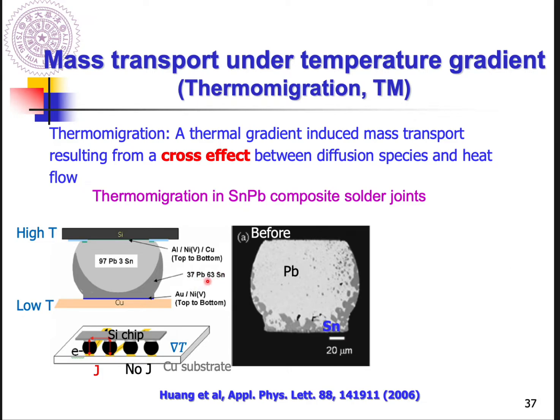At the eutectic point means that the melting point of this alloy is the lowest melting point at this composition, right? Lowest melting point. But the upper part actually is a lead-rich region. And lead actually has a higher melting point. So this kind of combination